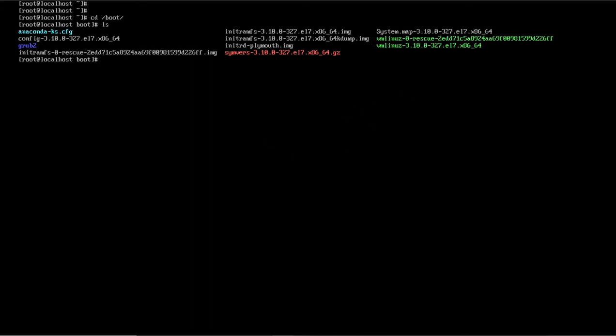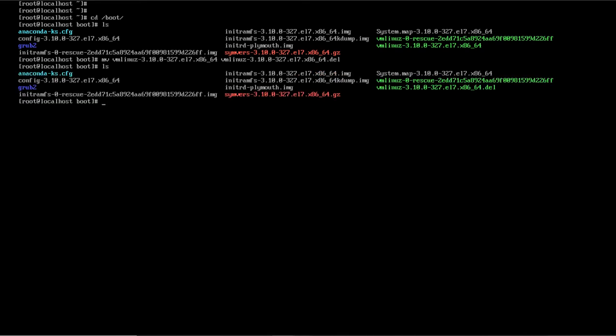So what I will do here is rename the file, I am not deleting it. I will rename the file to add the extension .del. Now .del is not the right name. So when our system tries to boot, it will check the grub.cfg file, and in that file it says to load the kernel file. This is the kernel file name, but I have changed the name by adding .del here.